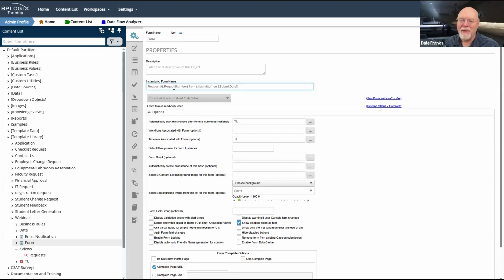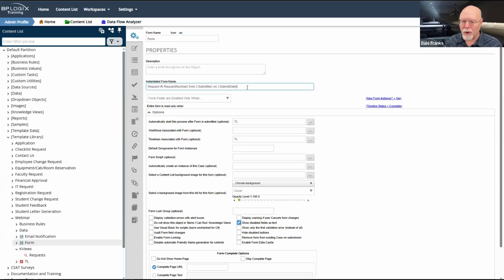So now I have an instantiated form name that is going to tell me what my request number is. It will be generated on submit, prior to, obviously, submission. So request number, whatever, from submitter on submit date. Again, you may want to customize this slightly differently, but for a generic form, this gives me the important information that I need, especially when I'm searching for requests.